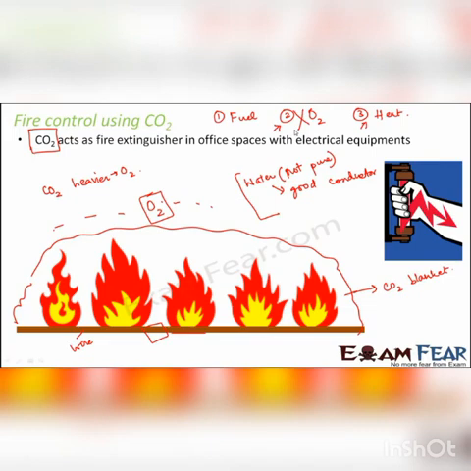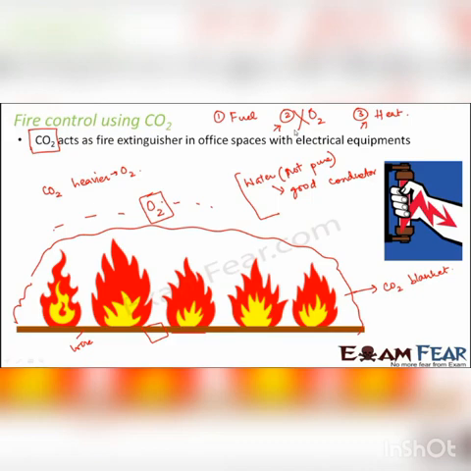Now, how do we actually do this? For example, in case of water, we just bring water maybe in buckets or in pipes and we try to extinguish fire. But how do we do it with carbon dioxide? Carbon dioxide is present in liquid form in fire extinguishers. If you look in your office spaces, you will see the red colored fire extinguisher boxes. Inside that you have carbon dioxide in liquid form, and when it is released, it neutralizes the oxygen that is